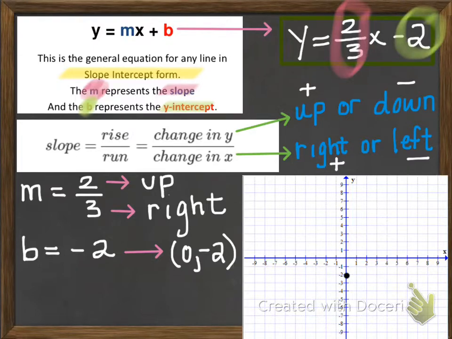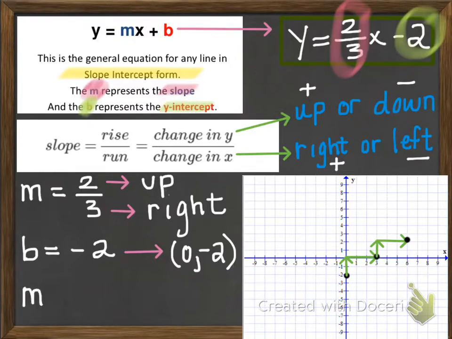Then from there, I'm going to start moving up 2 units and then right 3 units. And every time I do an up 2 and a right 3, I'm going to put another dot. That's another solution to the equation, which means it's another point on my line. I'm going to do it again to get a more accurate line. You can do it as many times as you want. I recommend 5. I always say 5 ordered pairs is a good collection of points to draw a straight line. So I'm going to go up 2 units, right 3 units, and then I'm going to put another dot for